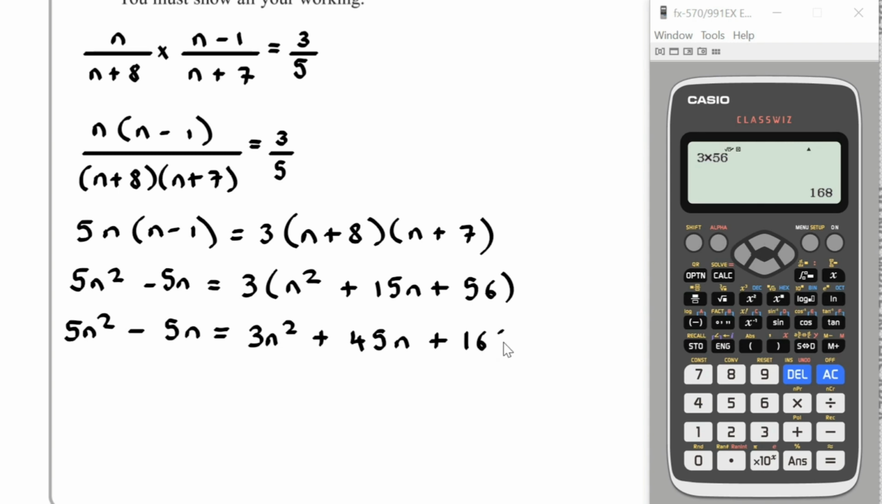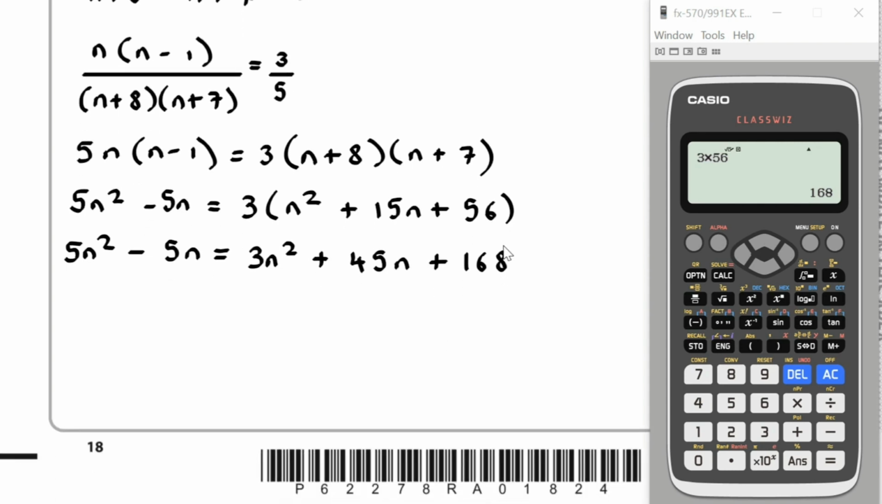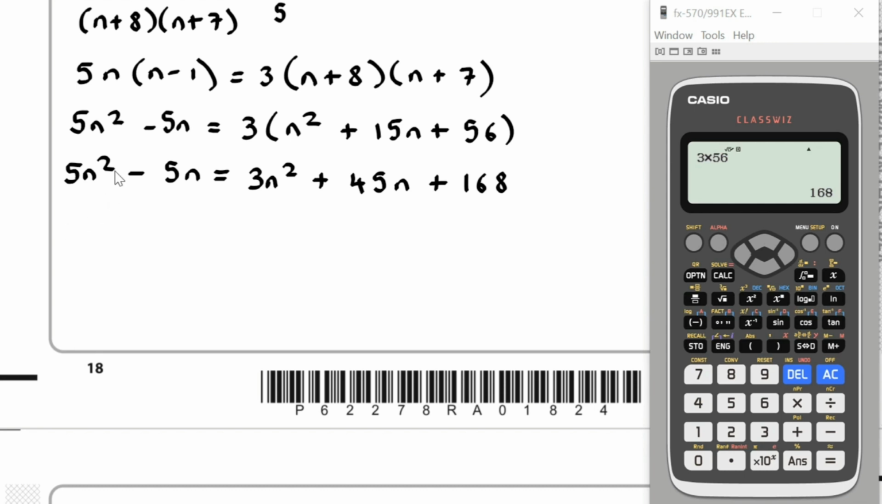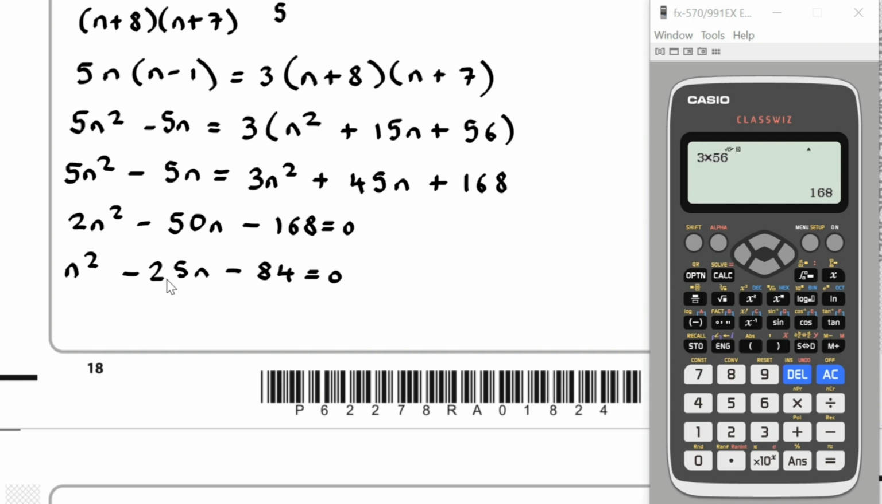And if we now attempt to rearrange, we have 2n squared, and then we have minus 25n, or rather minus 50n, minus 168 equals 0, and then we have n squared minus 25n minus 84 equals 0,